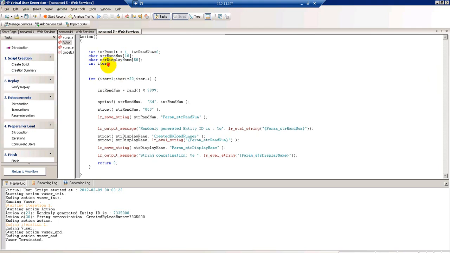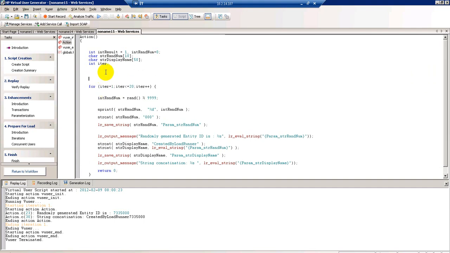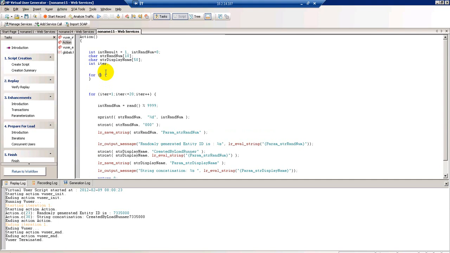If you don't assign a default value, by default it will assign some garbage value. Okay, so now I am writing a for loop. For loop is kind of like this. I just press for and the space bar, and it comes with parentheses and curly braces like this. So you can use, let's say, iter equal to, maybe I want to start with 5; iter less than or equal to 10; iter plus plus.